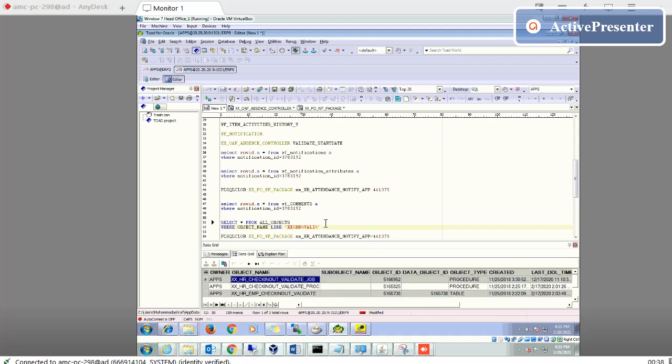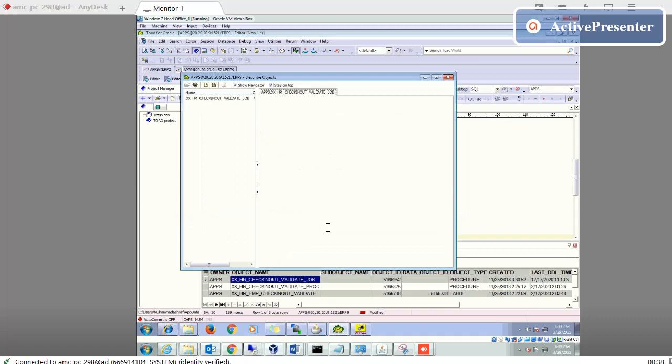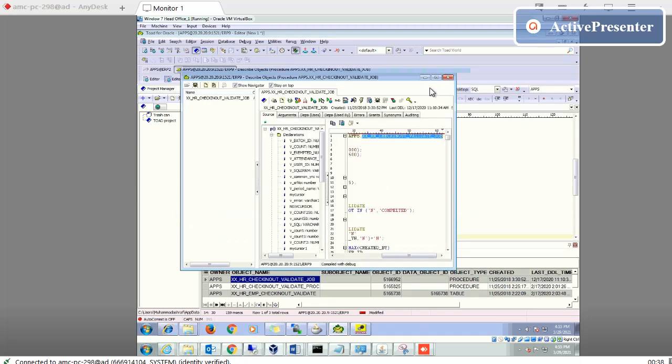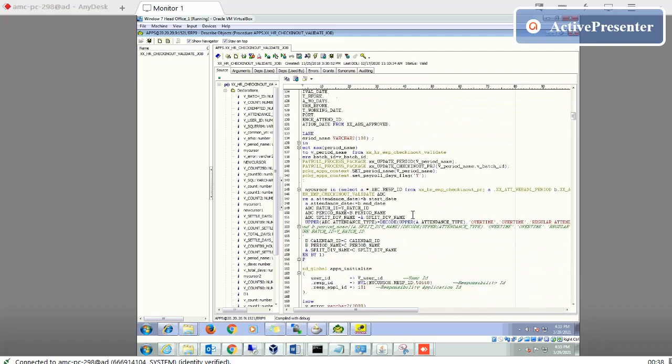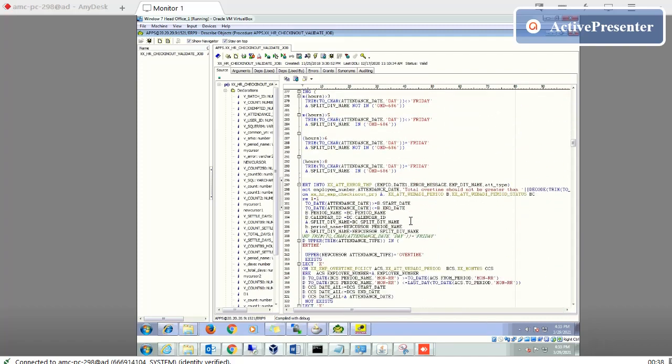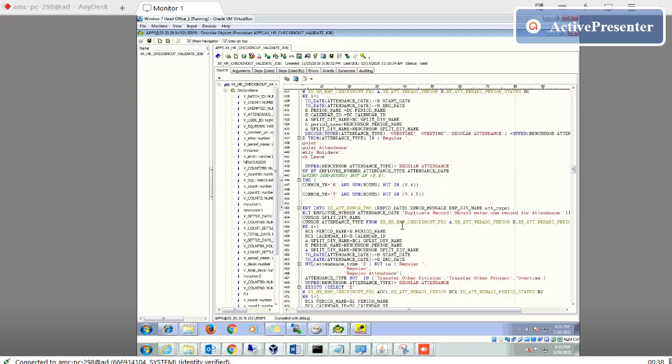When I open this one, you will see another. I have made too many policies here. Let me show the code here.